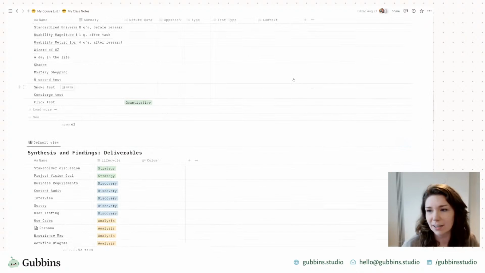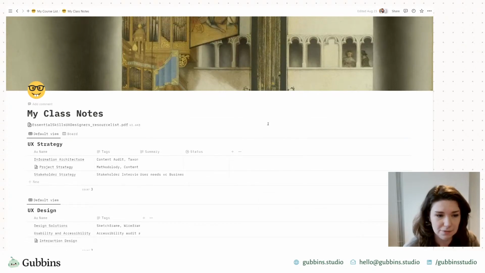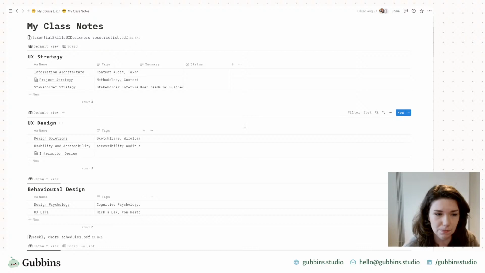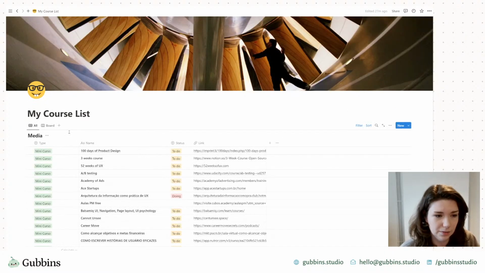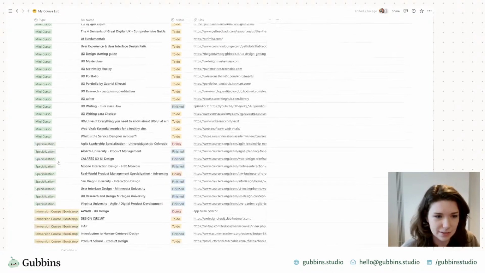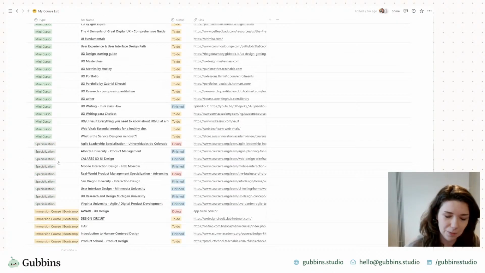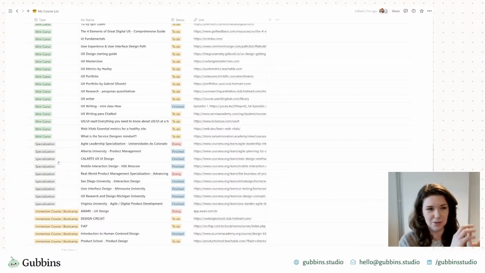So a summary of this page: it has a bunch of different databases in it that each relate to a particular discipline within UX, and then this table is the various things that she wants to work on. So you've got the things and then the notes. To me, that's a clear relationship of, while you're studying in a particular course, then you want to take notes specifically on that. I'll show you how those two relate together later. So let's start with something easy.